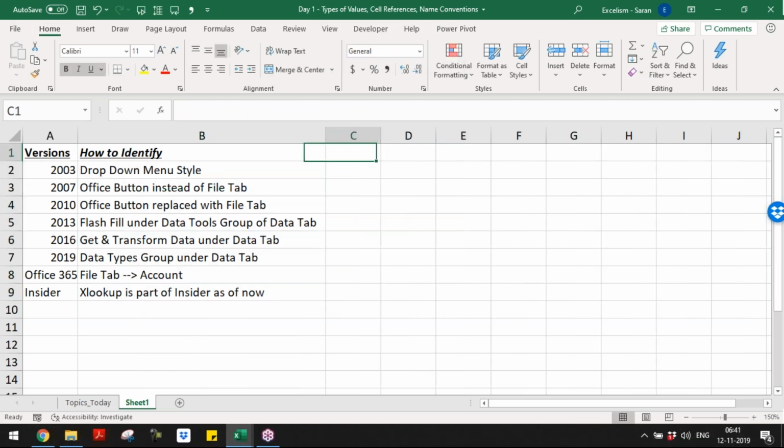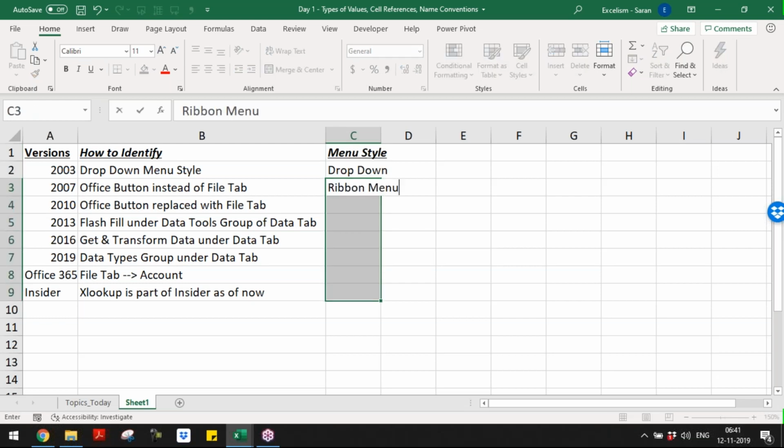Now here, let me tell you the menu style. As I already told you, this is the drop down, and from here till here it is the ribbon menu. Okay,